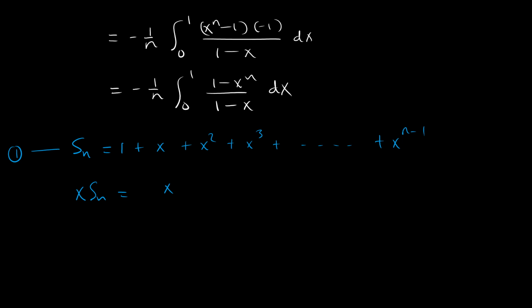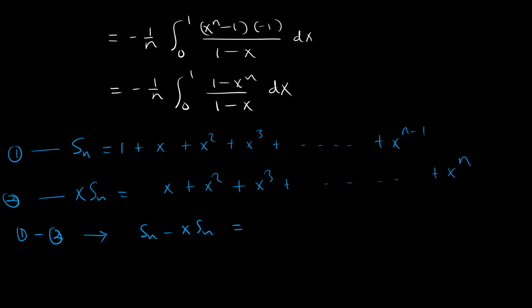So x times 1 becomes x, x times x, so we have x squared, x cubed, all the way up to x to the power n. So this is 2. So if we say 1 minus 2, that implies that we have Sn minus xSn being